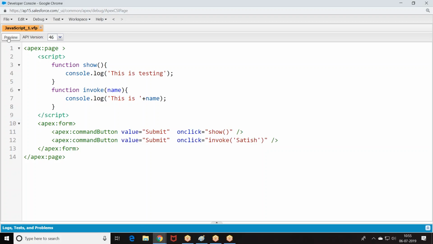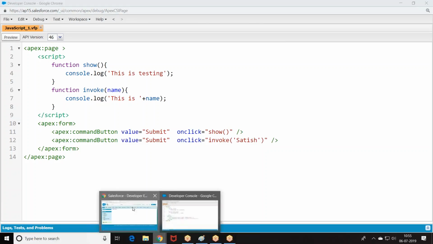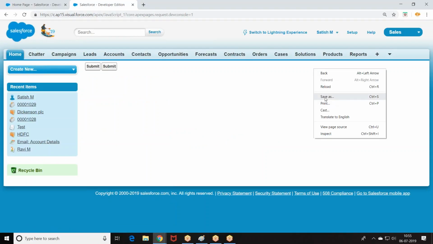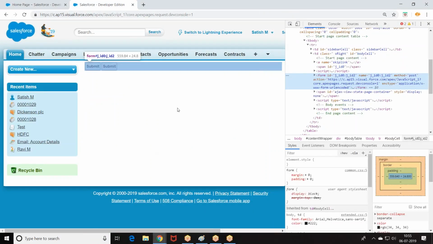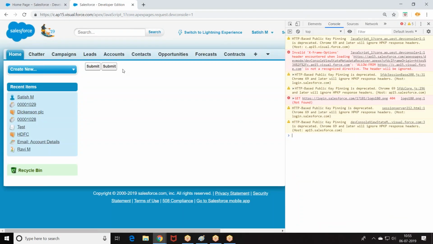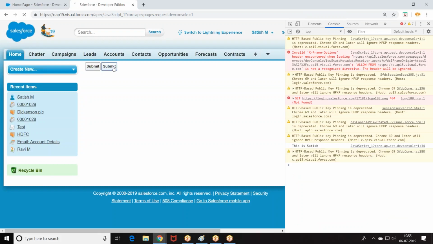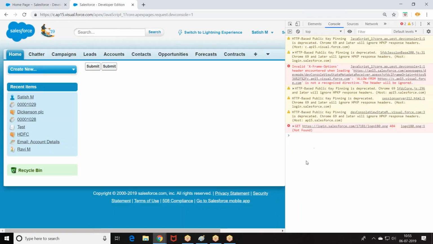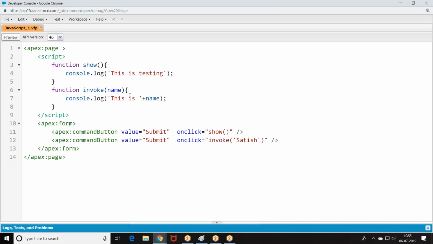Invoke. Preview. Submit. Both of them are the same. Look at the point. Now the page is reloading here. To show it better, I'll do one thing: alert.